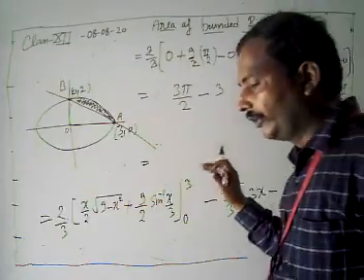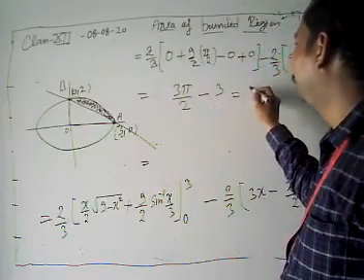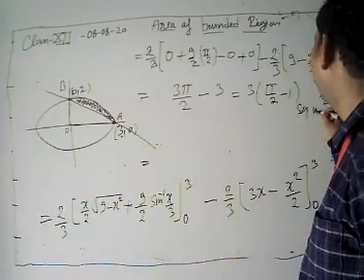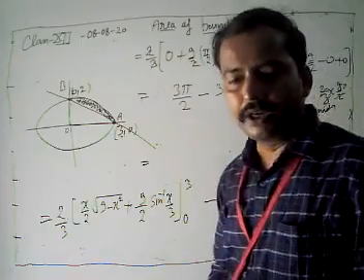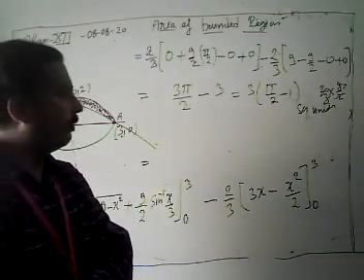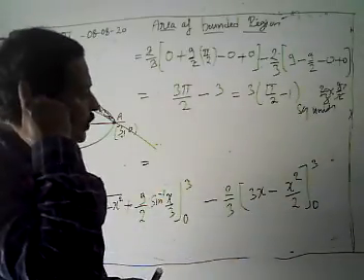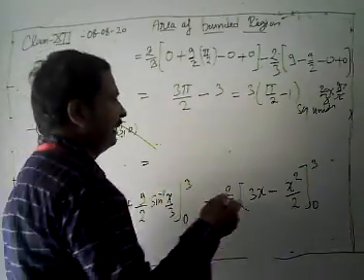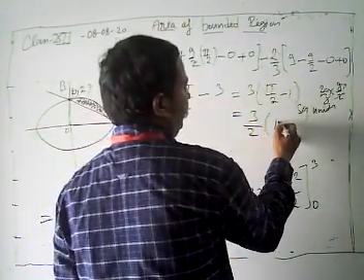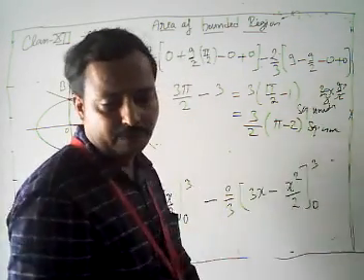Now look, we have 3π/2 minus 3. Take the common 3, then we have 3(π/2 minus 1) square units. Now we get our required area 3π/2, we get common 3 there, then we get 3(π/2 minus 1) also, which is (3/2)(π minus 2) square units. You can write it in any of these forms.